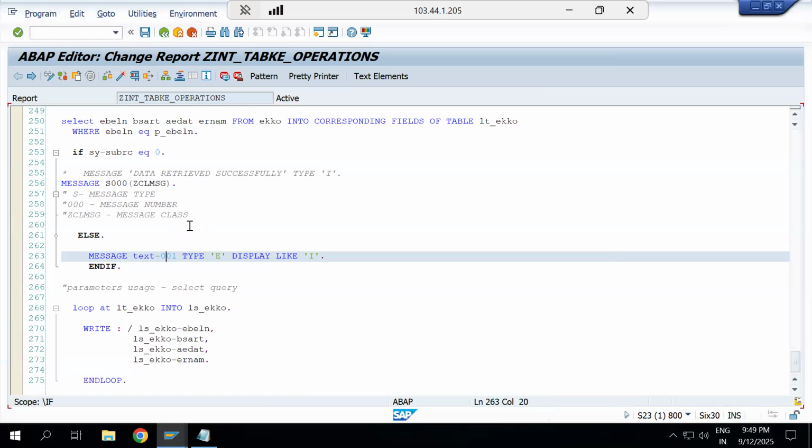For example, we are displaying only the data. So what if I want to display a set of values? Values means, for example, whatever value I give in the parameter, I have to display it in the message. For example, this time I'm giving 4506, so the user could know that. So what is the key, the data which you retrieve? For that you have to use the concept of